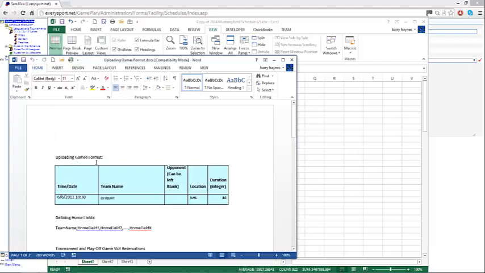But basically for the upload game formats, we're going to have the time and date, and that's going to be in the format. So you'll need to format the field. That can either be in military time or in AM PM time. It does not matter. Then we're going to have the team name, which is the home team that exists in